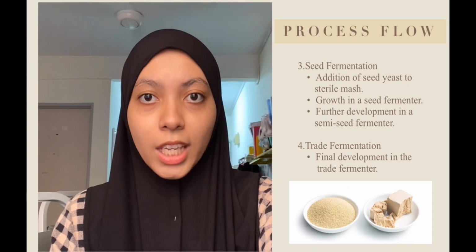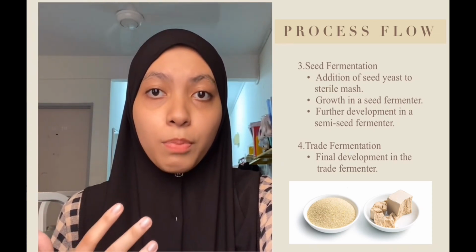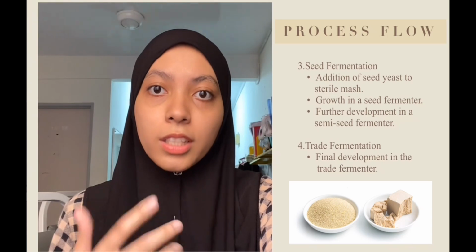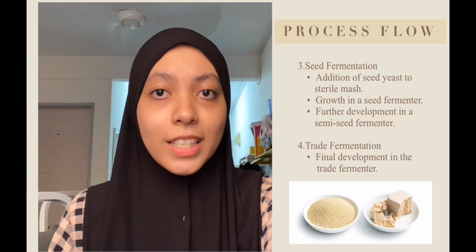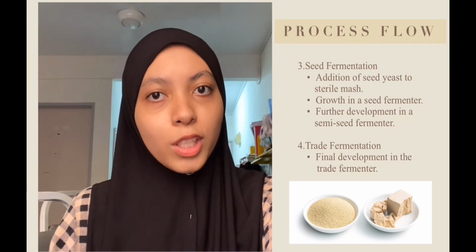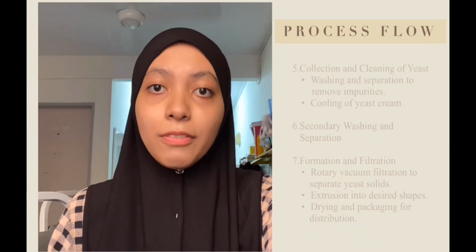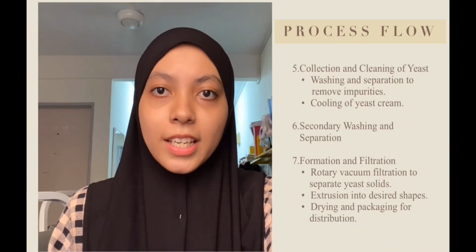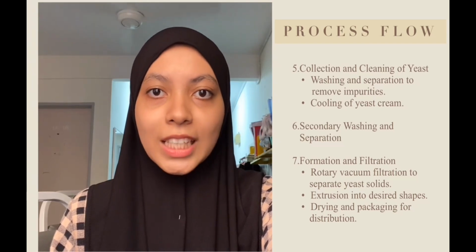Once the mash is ready, the seed fermentation begins. The seed yeast from the pure culture fermenter is added to the sterile mash and allowed to grow in a seed fermenter. This culture is then further developed in a semi-seed fermenter before moving to the tray fermenter for final development. After development, the yeast is collected and undergoes a washing and separation process to remove impurities and cool the